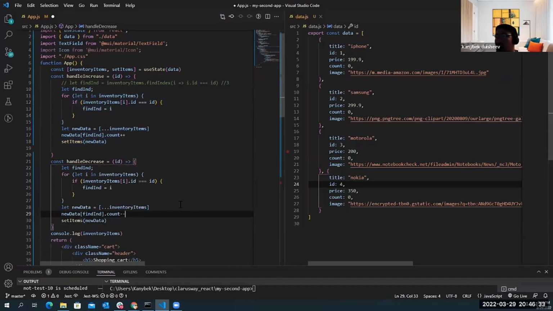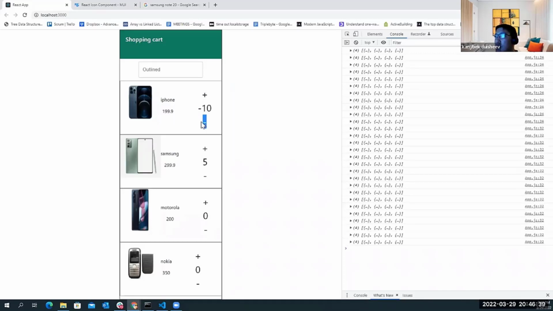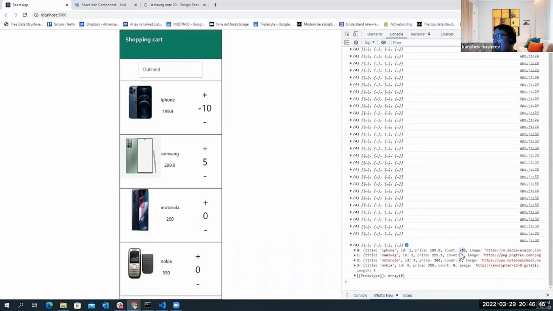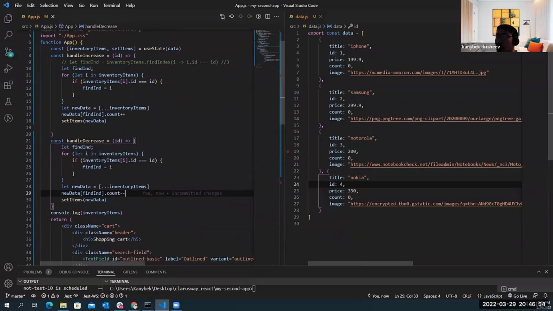Minus minus. Okay, save it. So look at this. I can go even to negative values. And look at the iPhone is -10. Okay, -10. So that decrease is a problem. We can only work with decrease